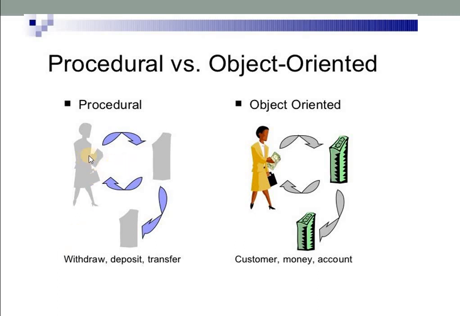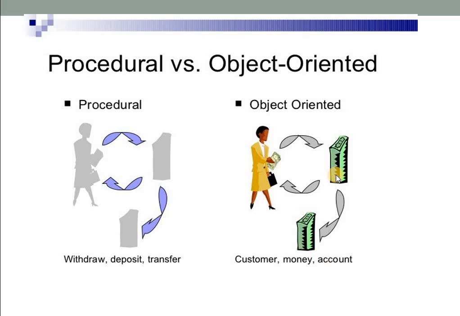The real world entities are not at all focused. But when we come to object oriented programming language, here you can see instead of the procedures, the focus is being given on the real world entity customer. What is being transferred? Money is being transferred. So money is given an importance. Next one is to where we are transferring. We are transferring to an account. So real world entities are given importance in object oriented concept.